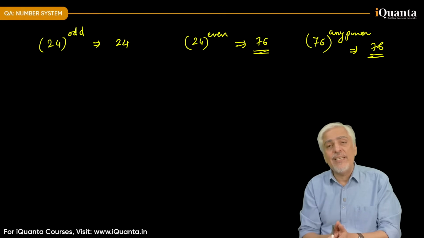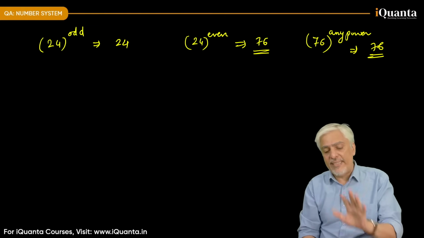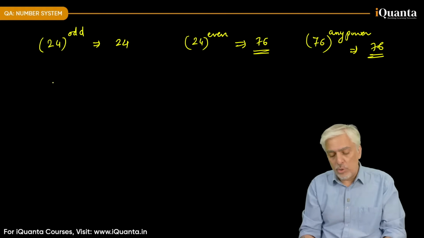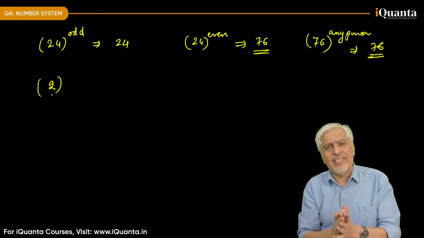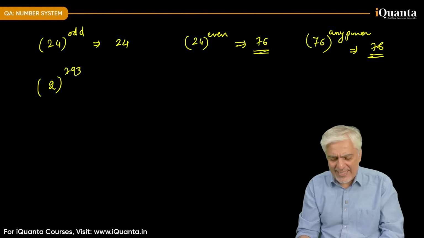Now, let's take 2 का एनी पावर, कोई रैंडम नंबर लेते हैं। सिखा रहा हूं, मैंने अभी तक स्टार्ट भी नहीं किया है, अभी तक मैंने सिर्फ ऑड कंप्लीट किया, अभी इवन स्टार्ट कर रहा हूं। 2 का कोई भी पावर बोलो, जो भी तुमको अच्छा लगता है। 793 ऐसे ही रैंडम नंबर ले लिया।